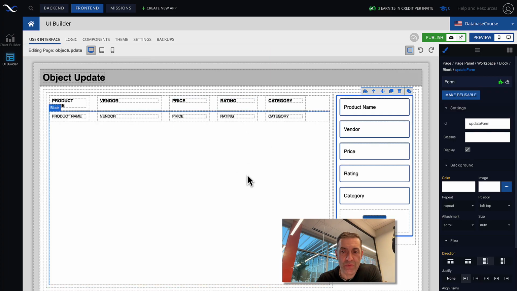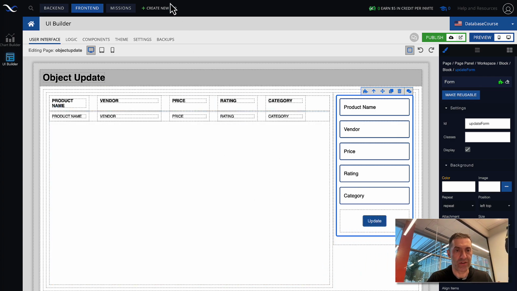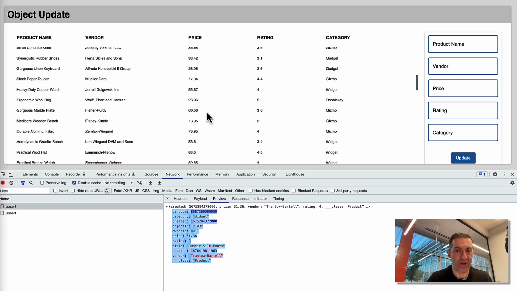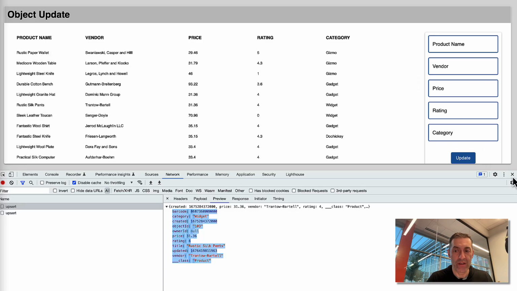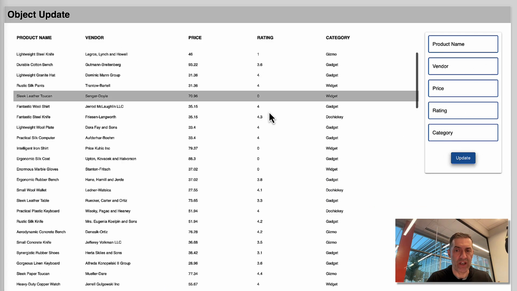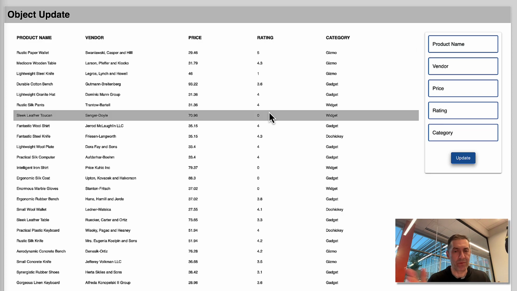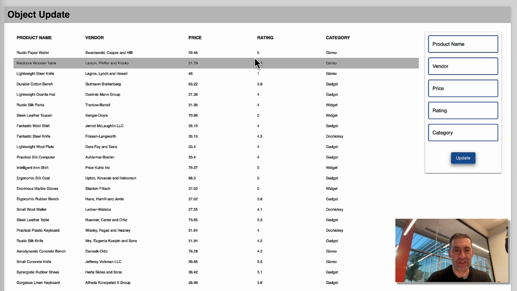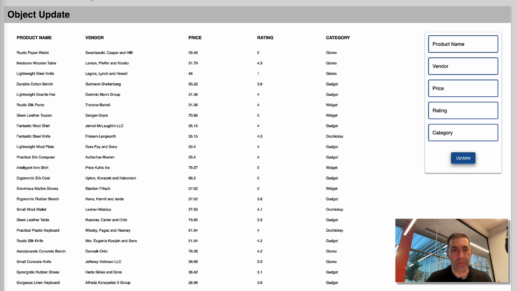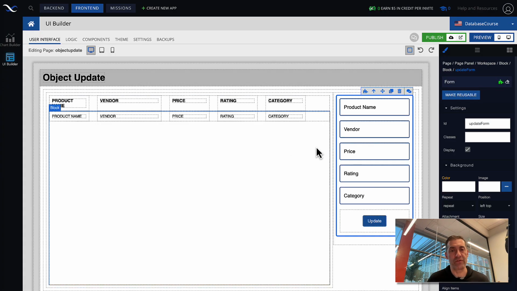So this page template could be rather useful, not only for the mechanism to update data, but for various rendering functions, such as you can see right here, this is kind of an in-page scroll, and the form stays on the top of the screen. So this mechanism, this paradigm, could be used in a number of applications whenever you need to have that specific layout and rendering. But that's all I have for you as far as Object Update.